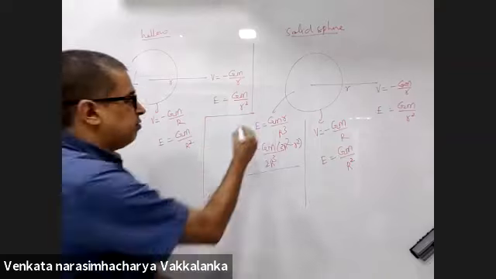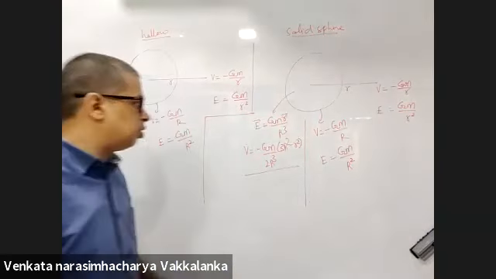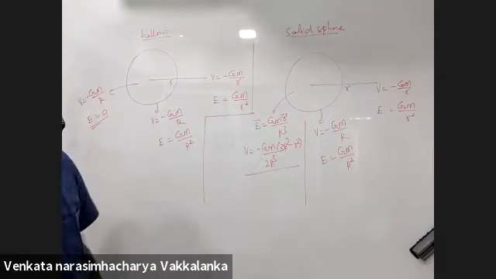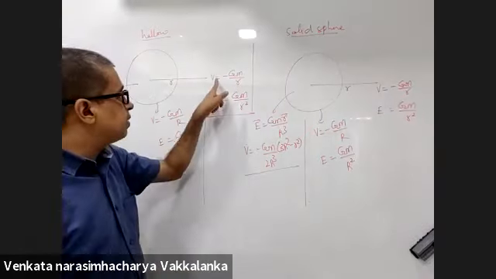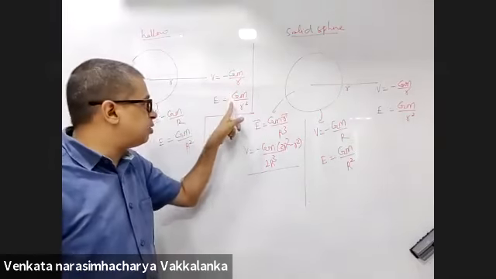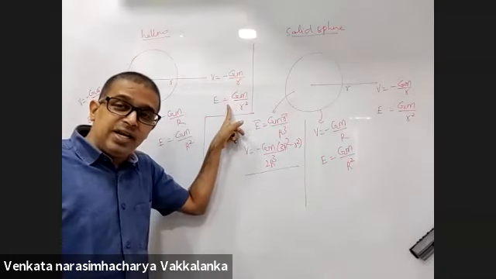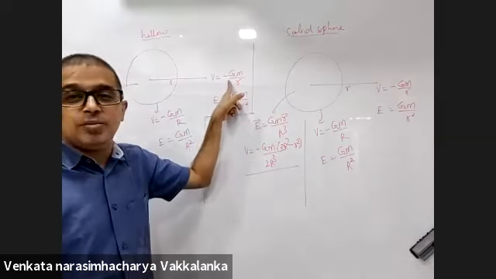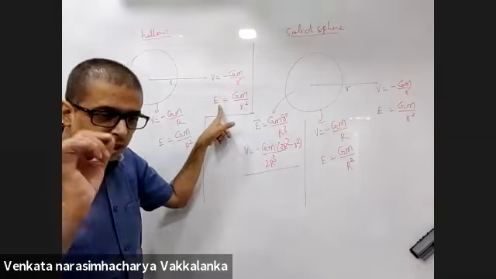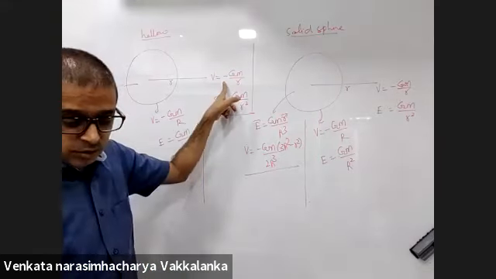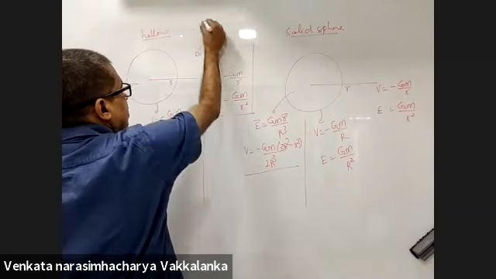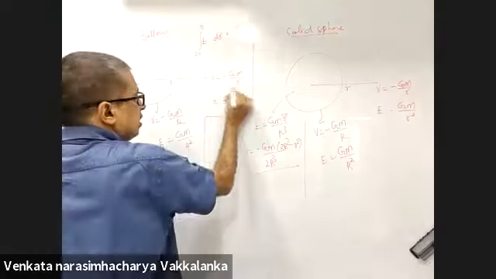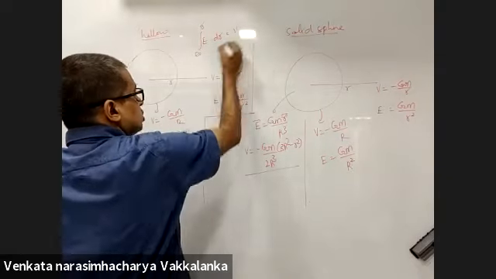Inside a solid sphere, field is directly proportional to r. Potential is minus GM by 2R cube into (3R square minus small r square). If you observe carefully, differentiation of V with respect to r gives the field. Integration of field with respect to r gives the potential. Integral E dot dr, infinity to R, gives this. You can cross verify: substitute field here and integrate, you will get this expression for potential.